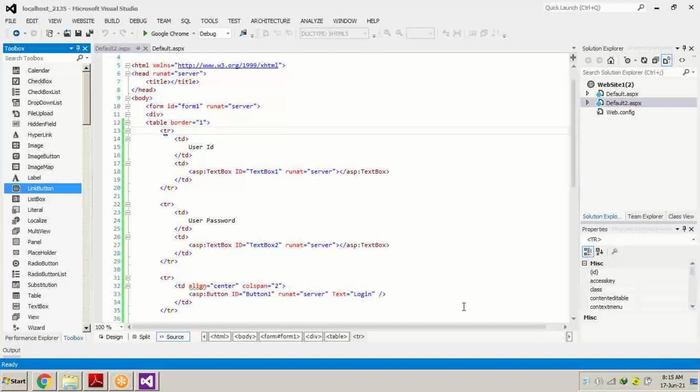There might be some more controls also, because it completely depends upon the requirements of the developer and the client, what all controls they use, but more or less these are the controls which we use to design the login page.